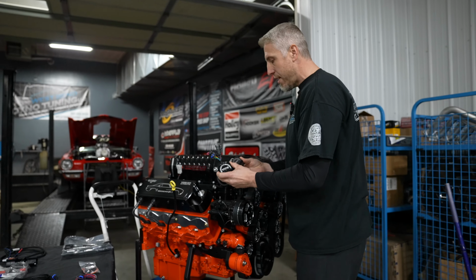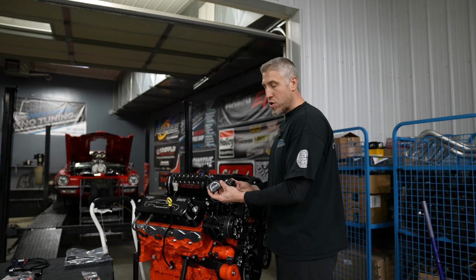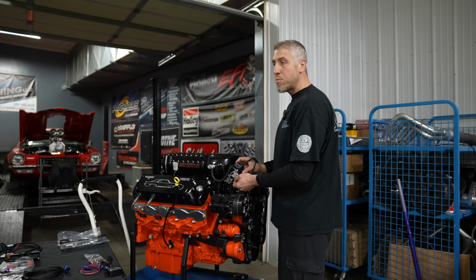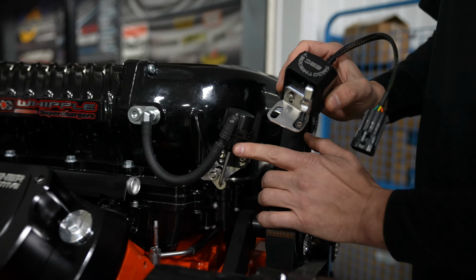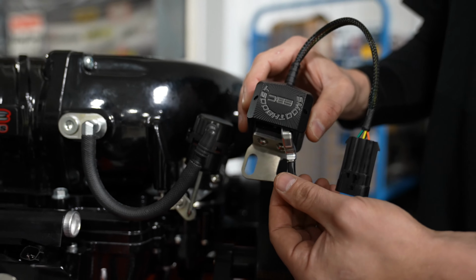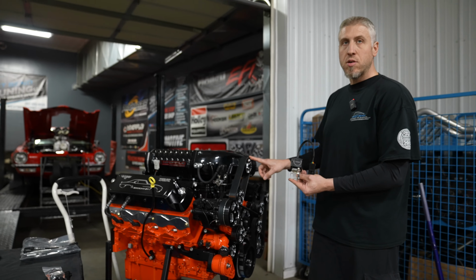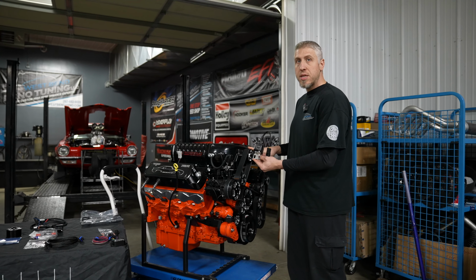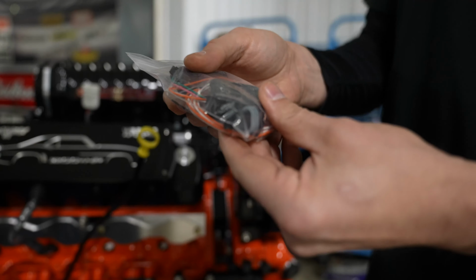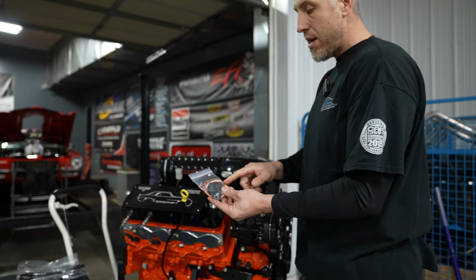All right, another piece we're definitely going to be using on this build is the Smooth Boost actuator and controller assembly itself. This Smooth Boost valve is an electronic bypass valve. It takes the place of this pneumatic valve and allows us to run multiple different boost levels while still running one single pulley. So we can run high boost, low boost, boost scramble, boost decrease, or with their 0 to 5 volt PWM controller, that's an add-on, we can run this 0 to 5 volt PWM control to run boost